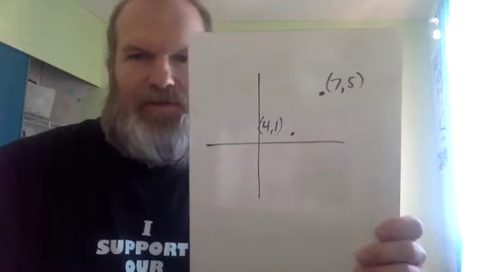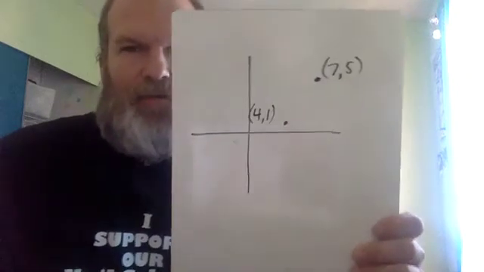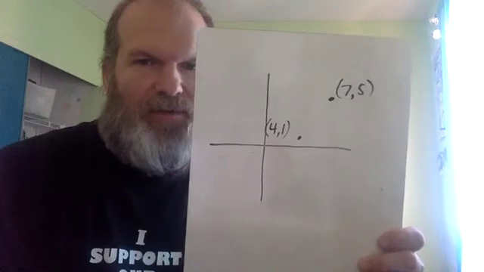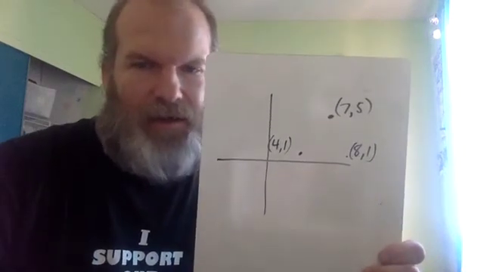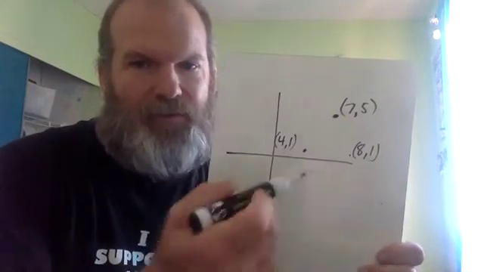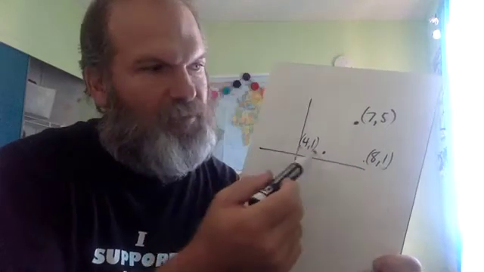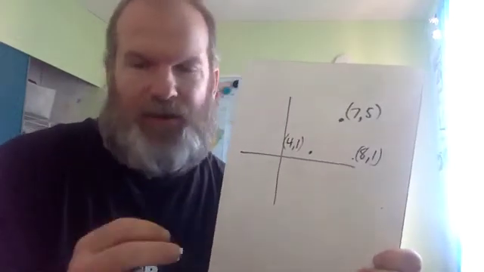Finding the distance between 2 points. Well, if those points happen to be straight across from each other, like say the point 8, 1 and 4, 1, that'd be really easy to tell how long that line is. You would just count 4 spaces over to get from 4, 1 to 8, 1, so the length is 4